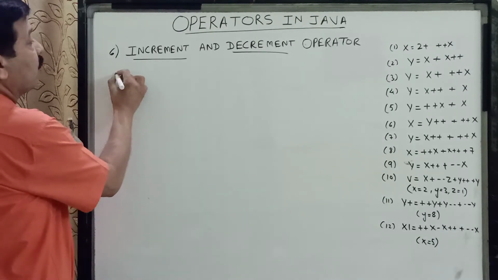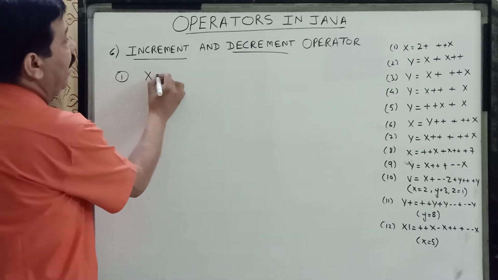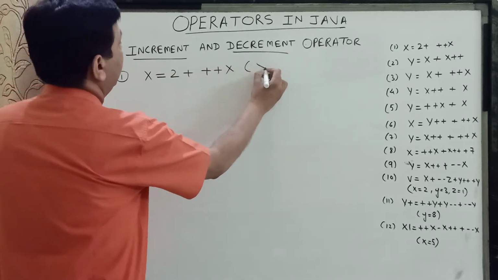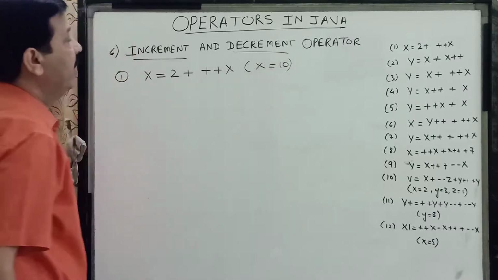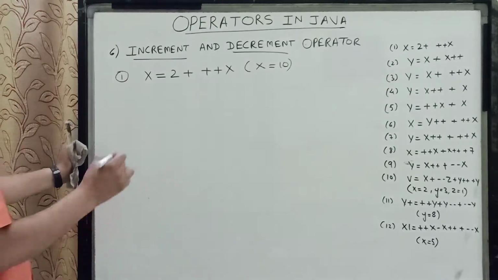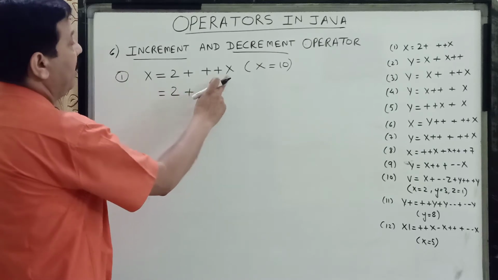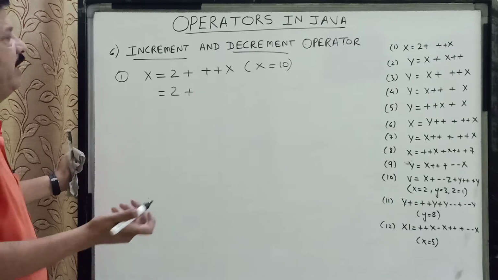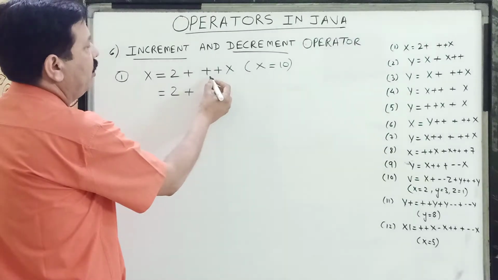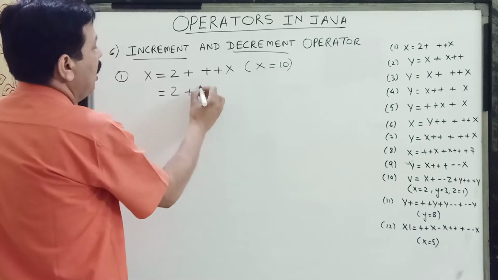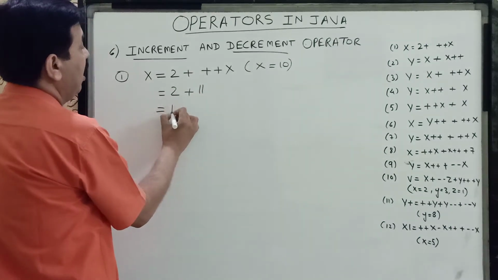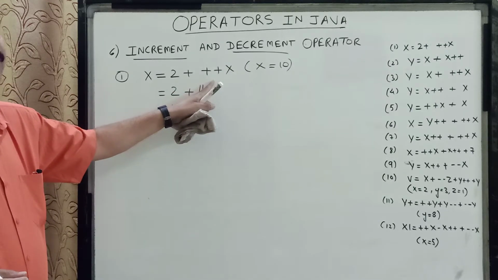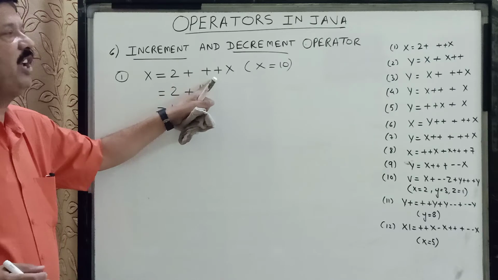So the first question which I am doing from there is x is equal to 2 plus ++x. And say for example, children, x is equal to 10. We take an example. So what will it do? It will first add 2 to 10, plus it is a pre-increment. So pre-increment first changes the value and then uses it. As it is written in pre-form, the value of x will become 11 from 10, and the answer will now be 13. So children, follow this example. Since a pre-increment operator is used, its value will first be changed and then used.